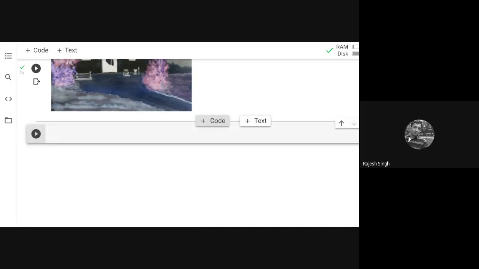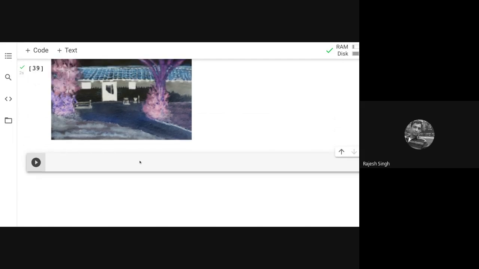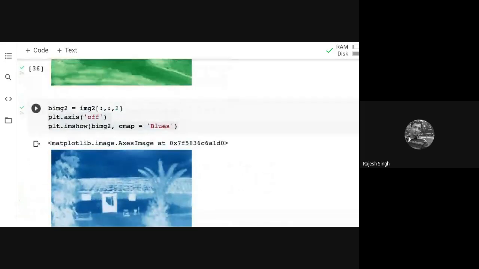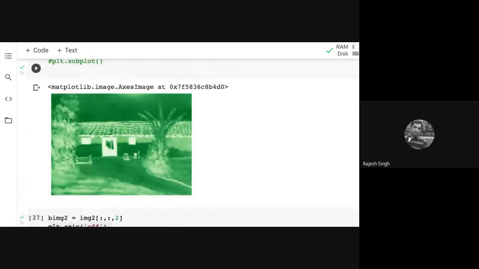Now I'm going to demonstrate a few things before we end this session, and that is how to plot or how to alter the color values. So we can alter the color values suitably.